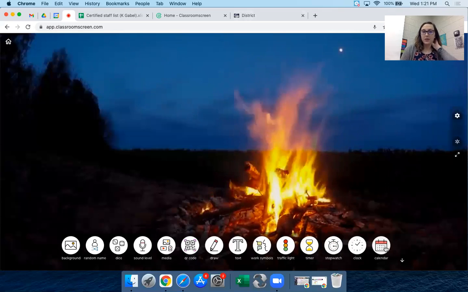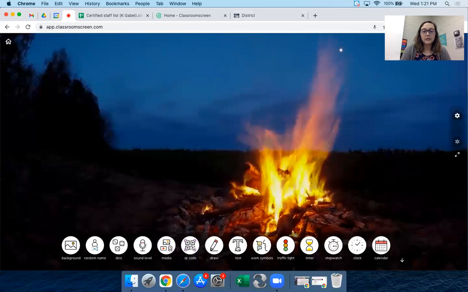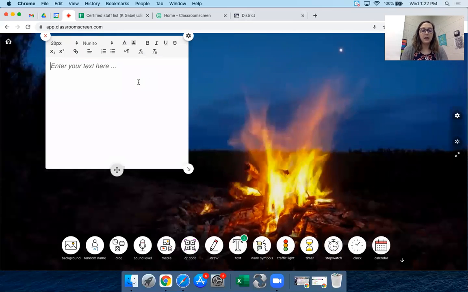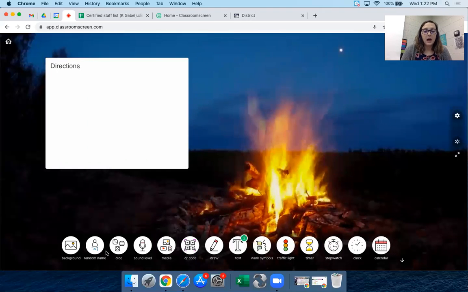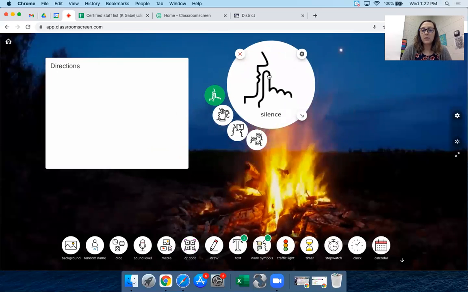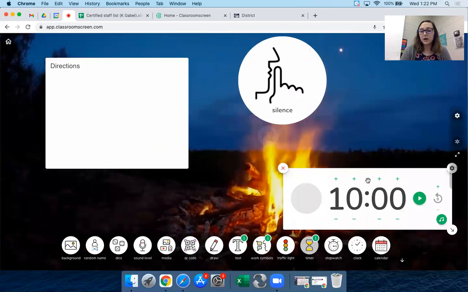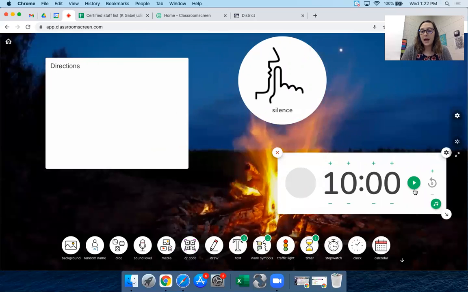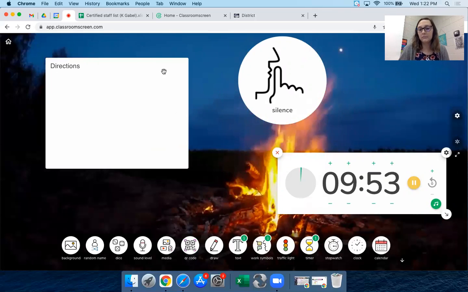Another thing that I thought was really nice is you can have multiple tools up there at one time. So for example, I could use my text box and I could type out the directions to an activity. I could use the work symbols to show my students that I want it to be silent during this activity. And I could put the timer up to show them that they have 10 minutes to work on their activity. And you can combine these tools in as many different ways as you want and as many as you want